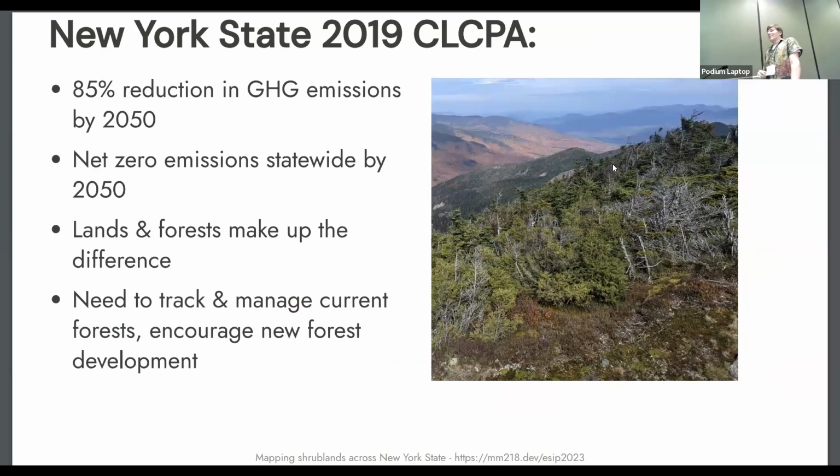forest resources available as it tries to hit net zero carbon over time. So in 2019, New York State passed its Climate Leadership and Community Protection Act, which established that by 2050, the state is aiming to reduce total greenhouse gas emissions by 85%. That remaining 15% is things that are considered to be irreducible emissions, which will hopefully be offset by increased sequestration in lands and forests across the state.